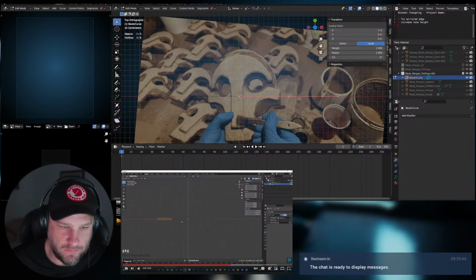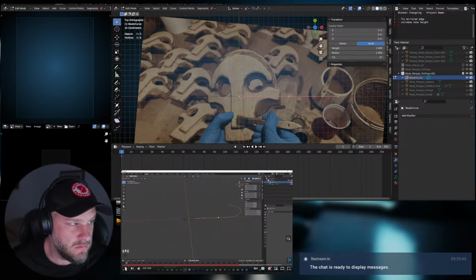So what we want to do, if you want it to start at the very end in a controlled way, what you can do is just simply select your curve, tab into edit mode, and hit A to select all of the points or handles here, and then hit G, and just move the whole thing till the very first handle is right on the origin point of this curve, this Bezier curve. Okay, so